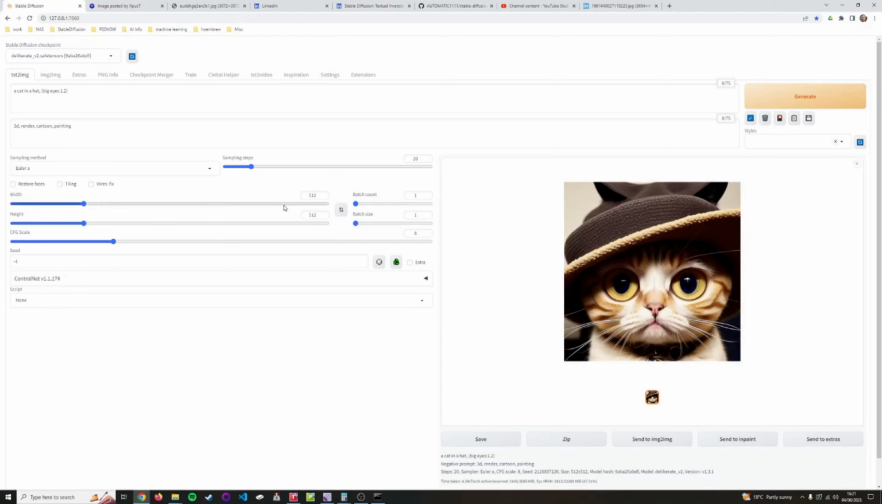So the width and the height. I think I mentioned in the earlier video as well that the training data for the 1.5 model was all based on 512 by 512 images. This is quite important. For version 2, that was 768 by 768, so slightly larger. But what it means is if you try and start pushing these up, so 1024 by 1024,